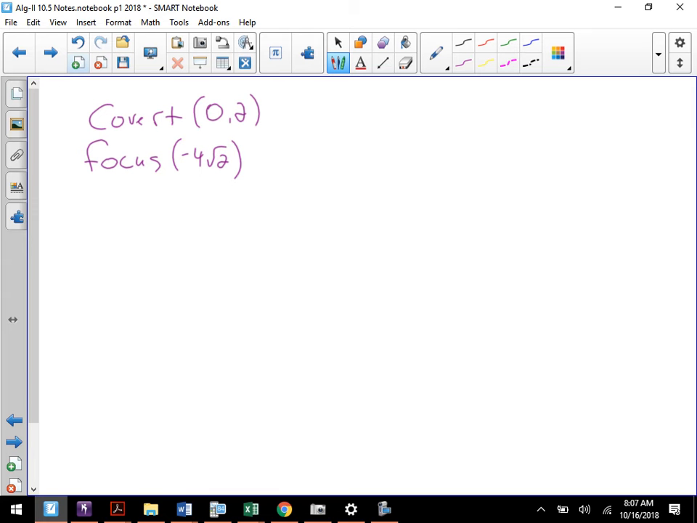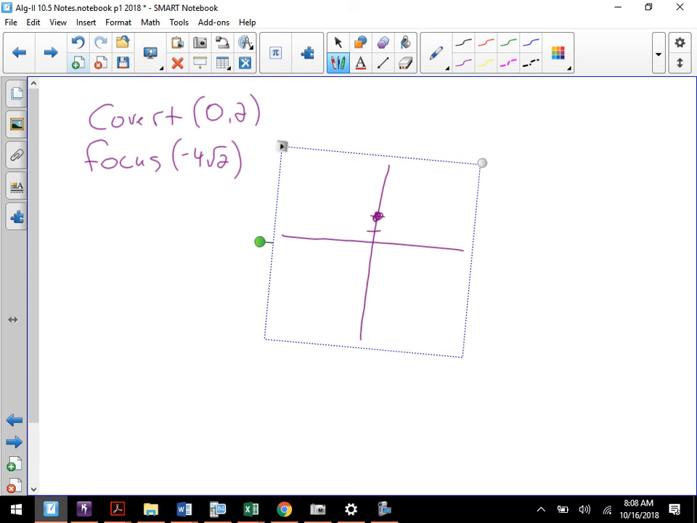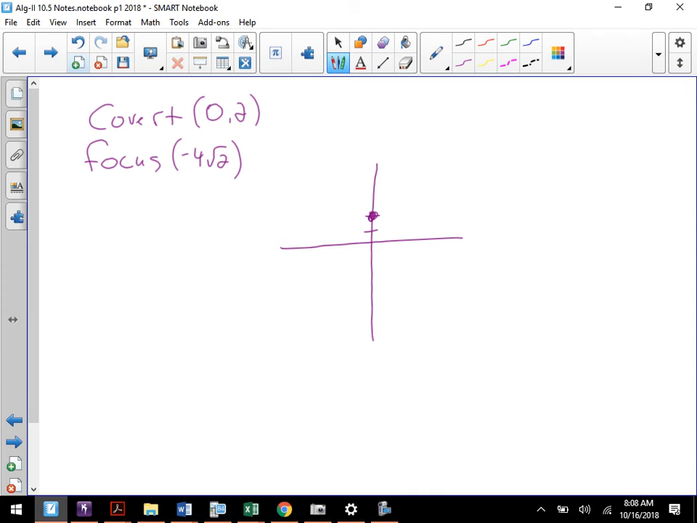When we do these things, it is so important to draw, so you get a visualization of what it's supposed to look like. So if your covertex is at 0 and 2,